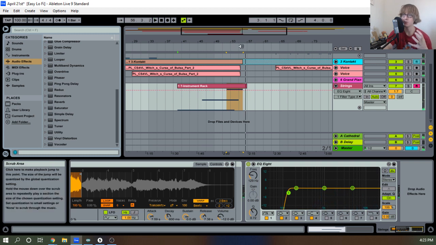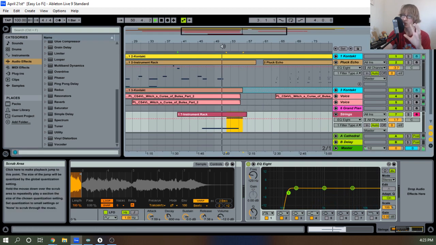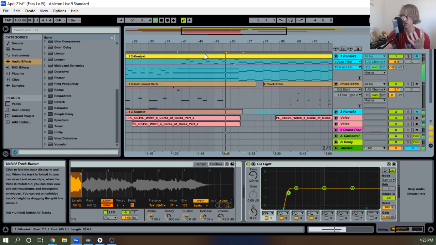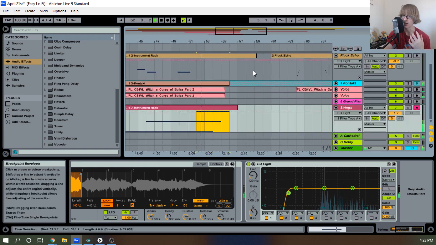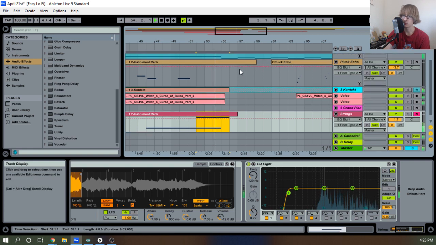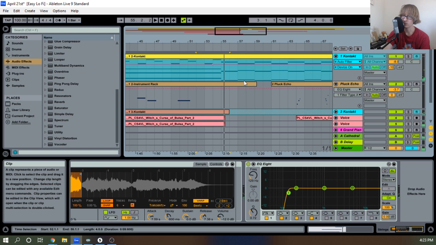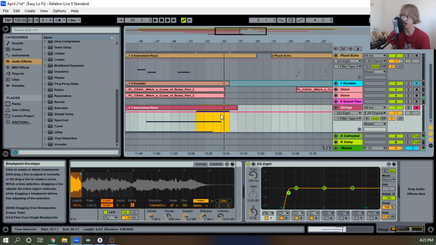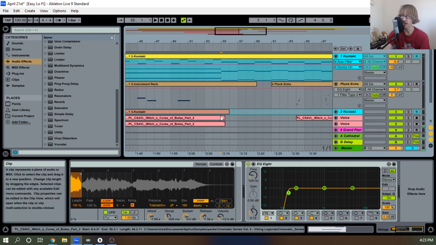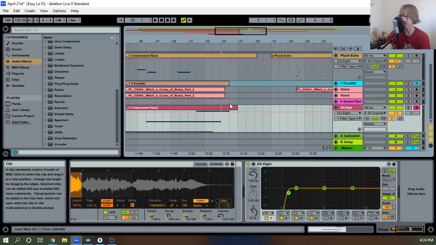No, because now you don't hear the dramatic swap that this bad boy does, because the strings are so loud during this. I need to do something right here that's going to make it feel like it's swapping to a new part. It could be,